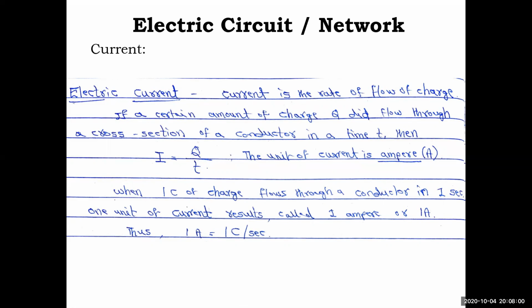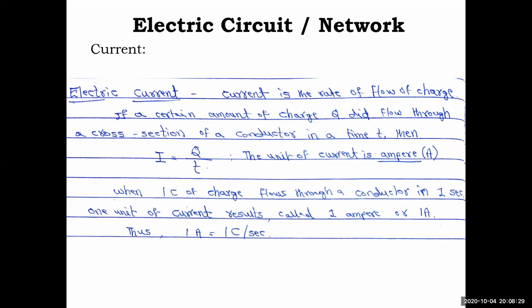And there is an intermediate class called semiconductors, which you have studied in basic electronics. What is a semiconductor, p-type, n-type, that is another field, I'm not going to discuss that. So 1 amp current means 1 coulomb of charge flows through a conductor in 1 second. That unit of current is called 1 ampere or 1 amp, which is equal to 1 coulomb per second. Based on I equal to Q by t, it is derived.